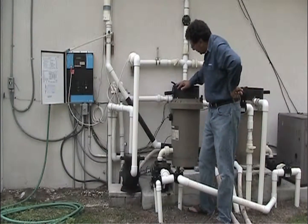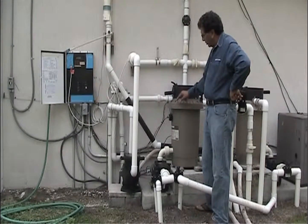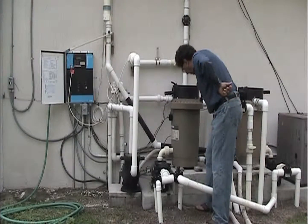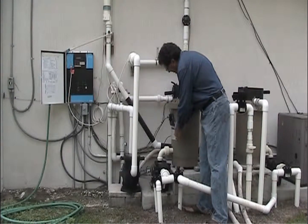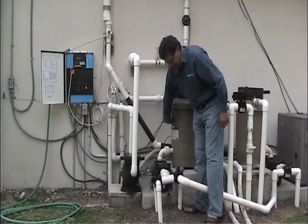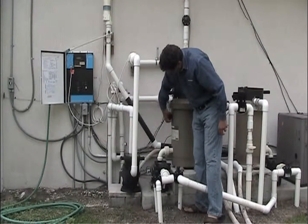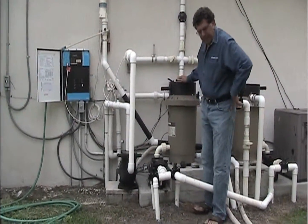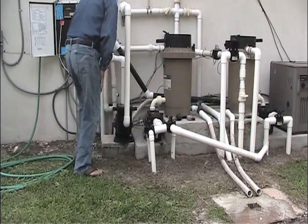Now, what you'll end up having to do, many people think that you have to take off and undo all the bolts around the perimeter of the filter. That's not necessary. That's left alone. You're going to need a pair of channel locks and very easily turn this off where the pressure gauge is and unscrew that. And what that does is that gives you a really good porthole so that you can actually look in the filter and see the